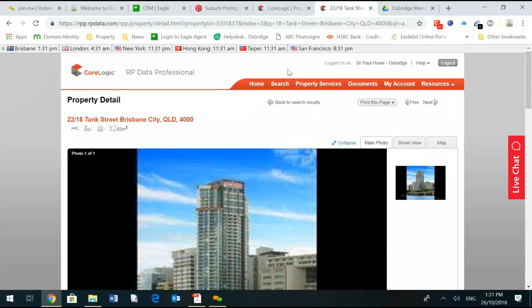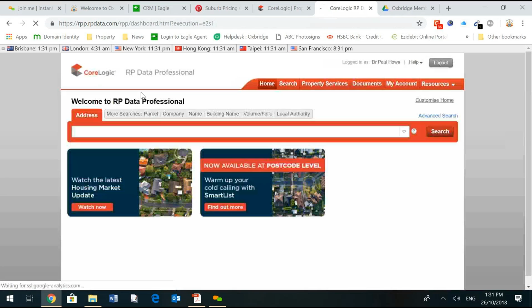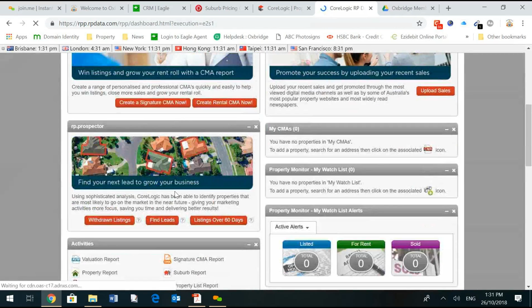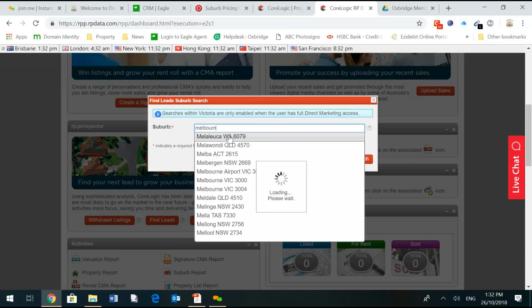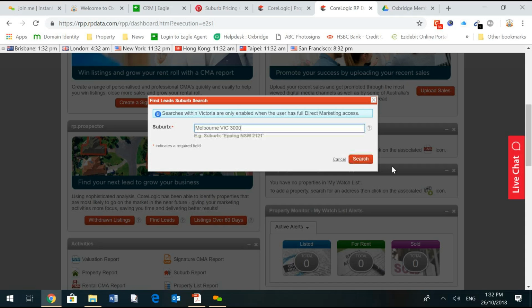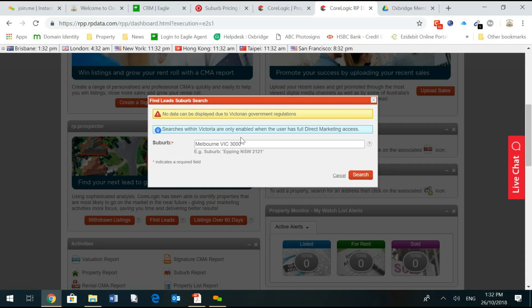So we have a team of people behind the rental management people that does all the accounting and trust and receipting, all that kind of stuff. So that's the next thing you probably want to do, is to look through the RP Data. I'll give you a good example. A lot of people are having very difficult times to find leads, but this is where you find leads, especially the listing over 60 days and the find leads button. I can type in any suburb, so I pick one, and then you'll see there's tons of leads that RP Data gives you,